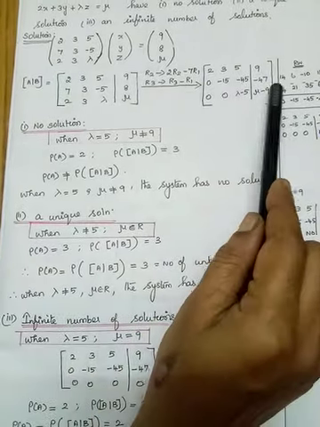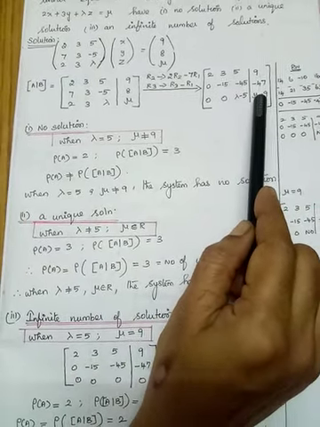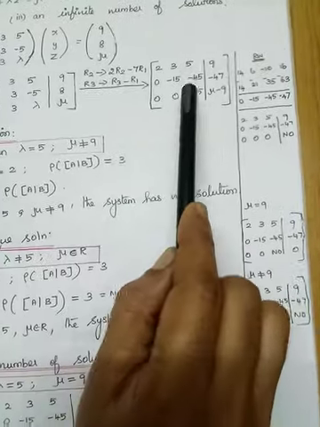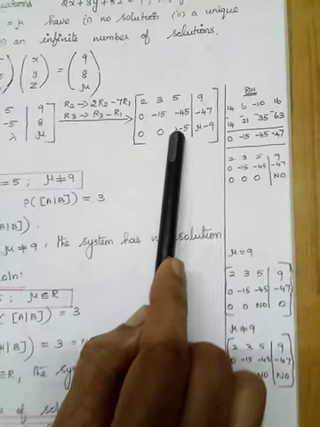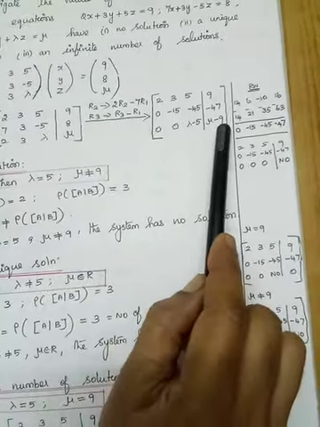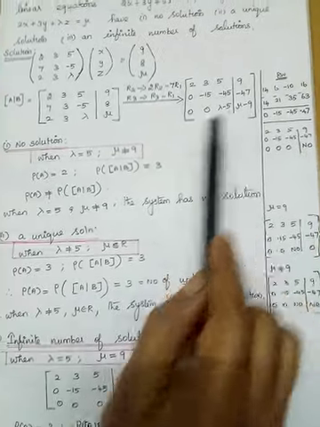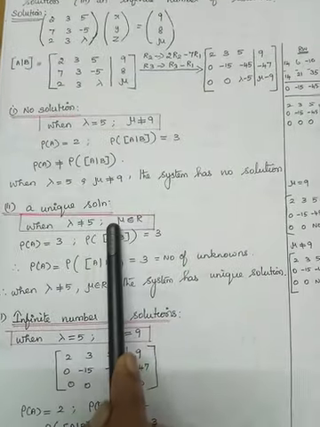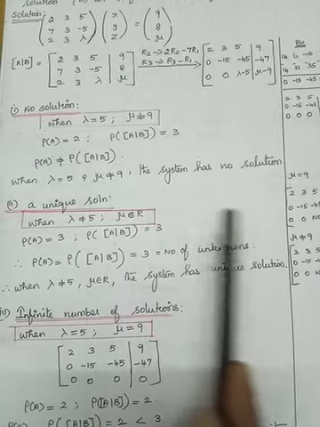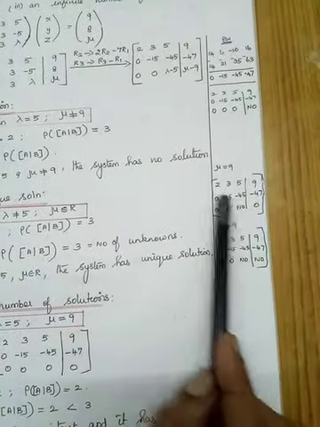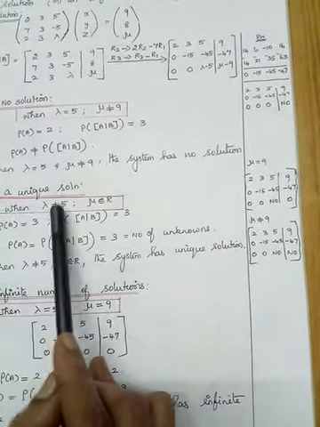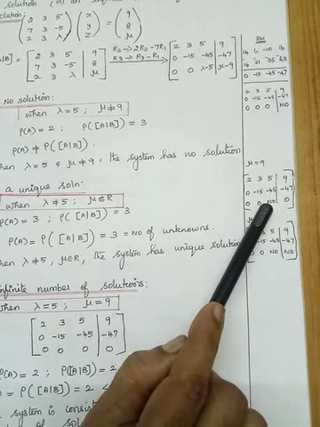You need not worry about this place. It may be 0 or non-zero. But here, if you have a number, definitely the whole row is considered to be a non-zero row. So that's why I have written mu belongs to R. You just see the last column. Here I have considered lambda not equal to 5, so here you will have the number.